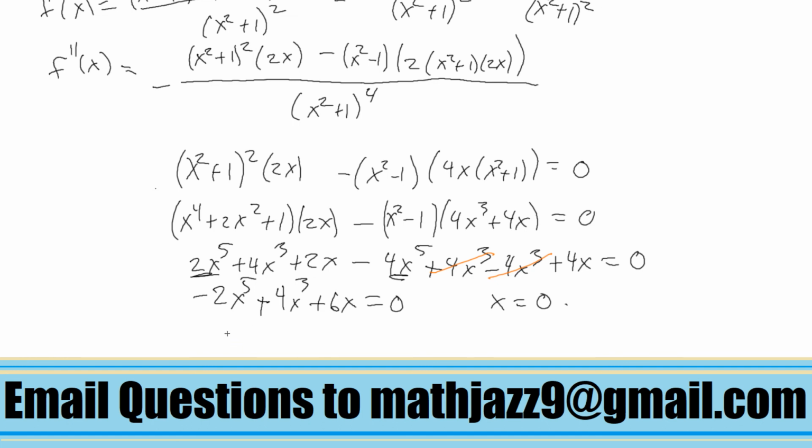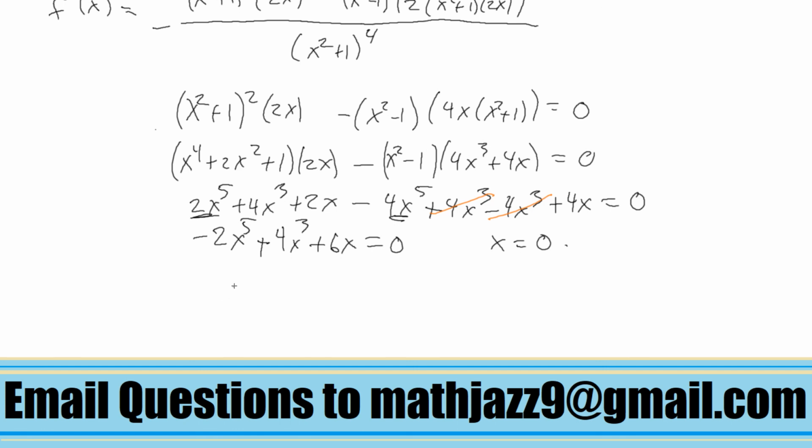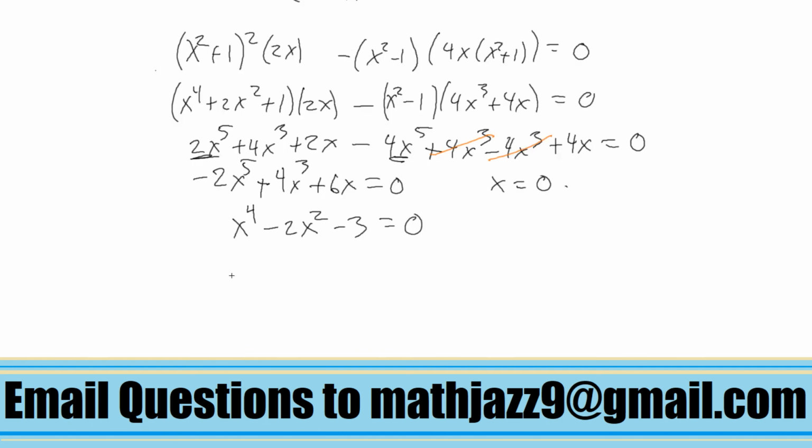So we're going to get, looks like x to the fourth minus 2x squared minus 3 equals 0. And we can use the quadratic formula on that. Okay, so we get x squared equals negative b plus or minus the square root of b squared minus 4 times a times c, all over 2a, which equals, let's see,